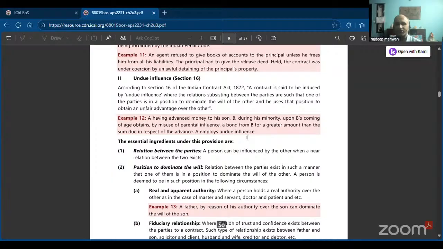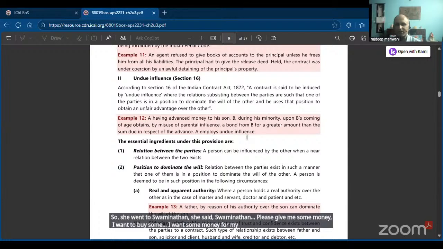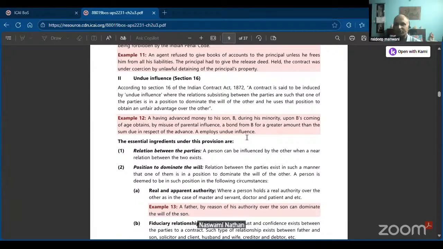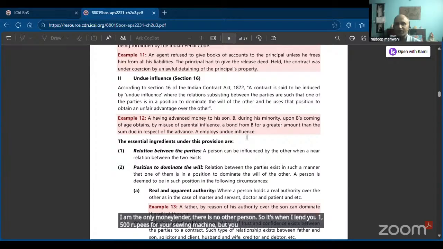So she went to Swaminathan. She said, Swaminathan, please give me some money. I want some money for my subsistence. I'll buy a machine and I'll start earning my interest. Now, Swaminathan is a very cunning money lender. He saw that there is an advantage. I am the only money lender. There is no other person. So he said, I'll lend you 1,500 rupees for your sewing machine, but you have to pay me 100% interest